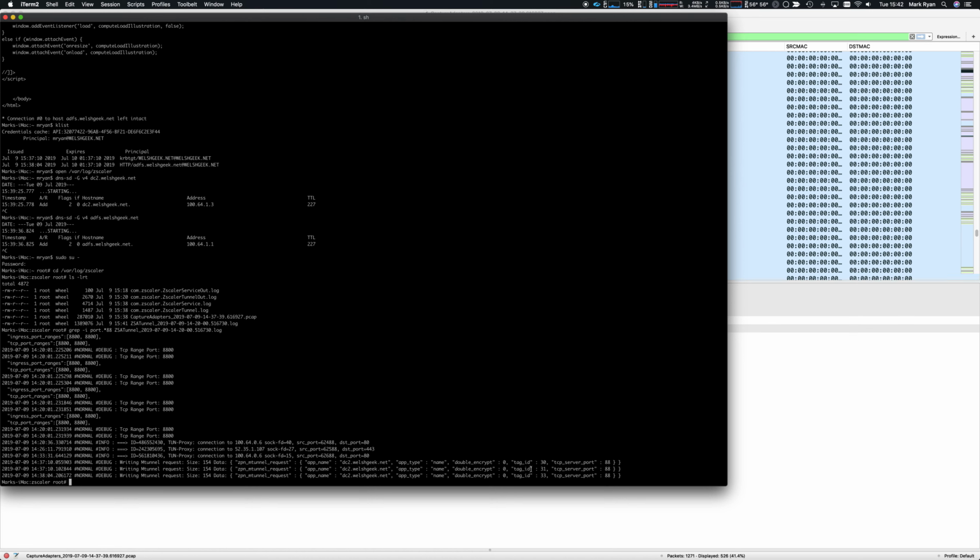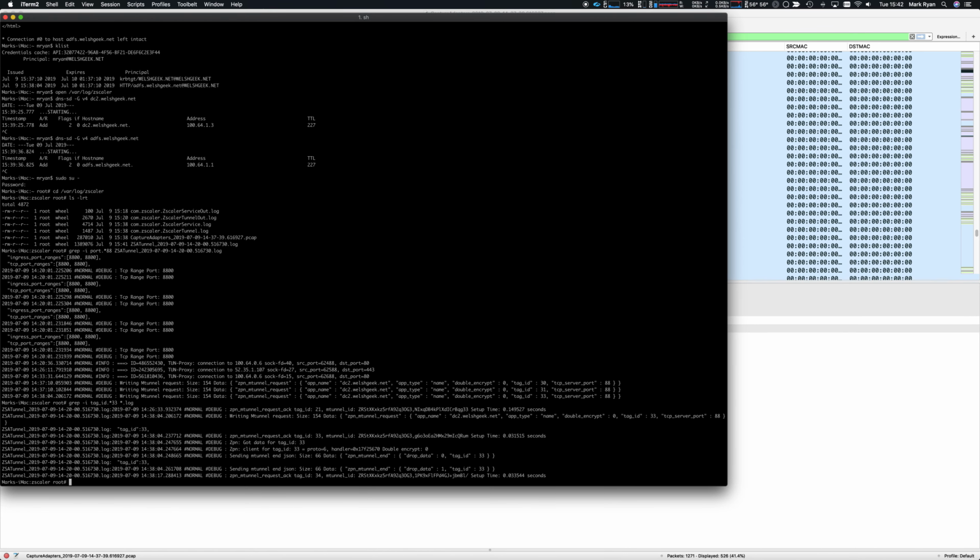We can now trace that grep -msi tag underscore ID .*33. So we're looking for that tag. We now know what the microtunnel ID is. So we could then take that, for example, and put that in as a filter,